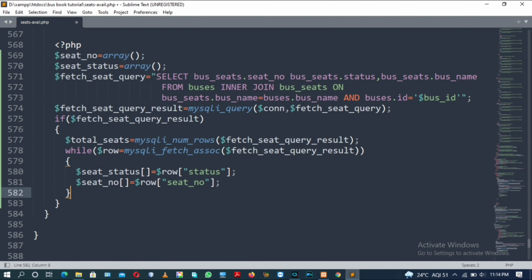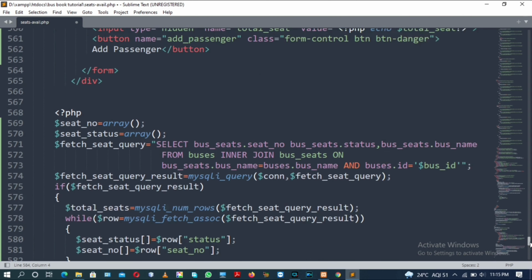And now after fetching this, let me check the opening braces for the closing braces present on line number 534.